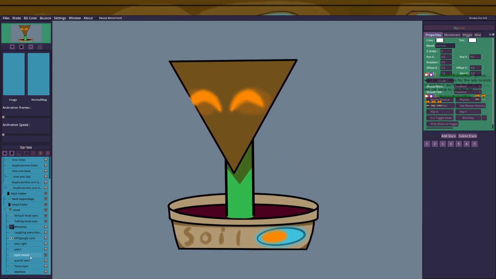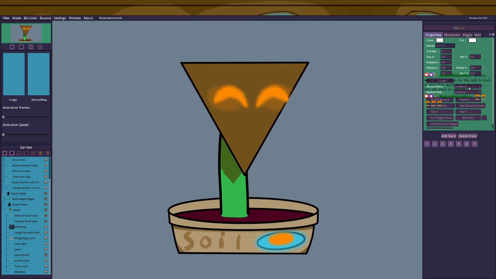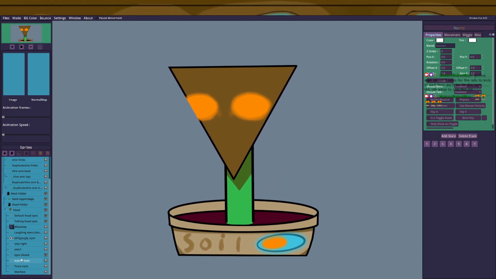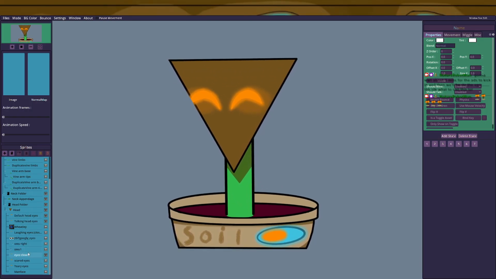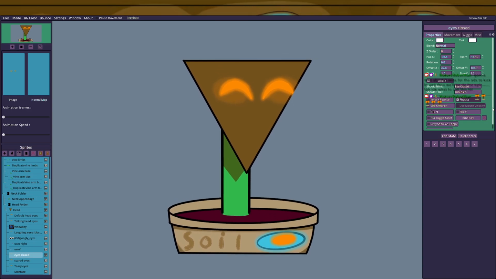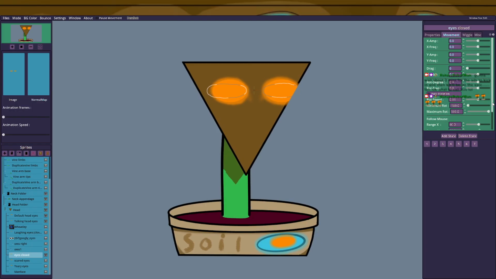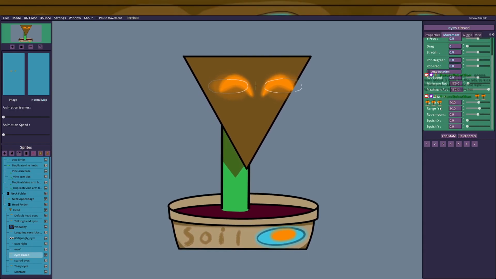But also, where is it? Default, talking eyes closed, talking eyes. Okay, so they're all visible, but say for instance, I click onto this one. It has physics enabled. Where is it? Oh yeah, this